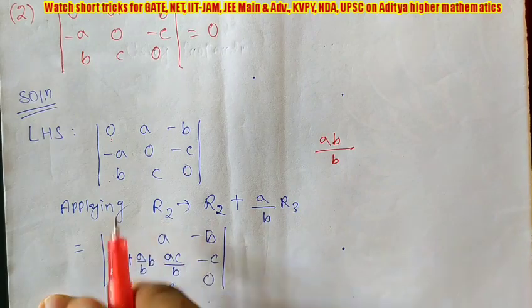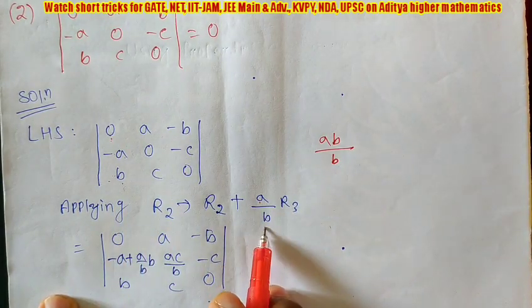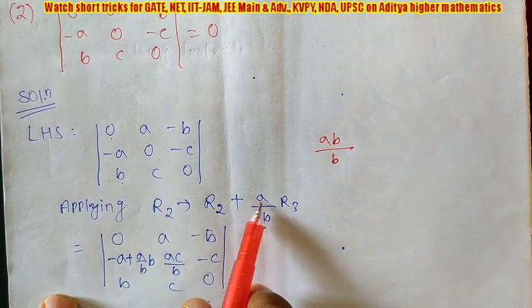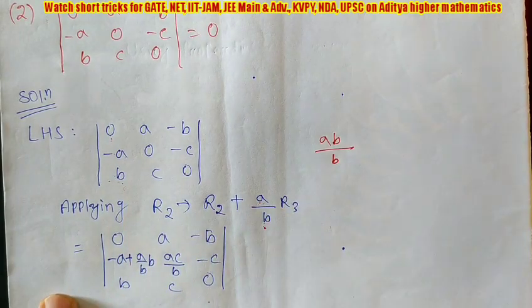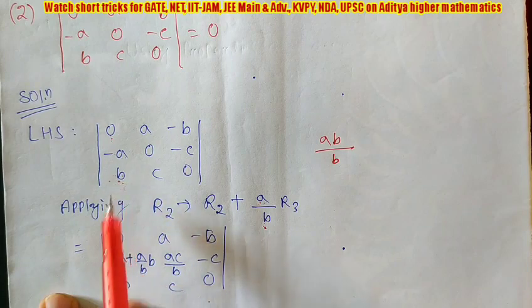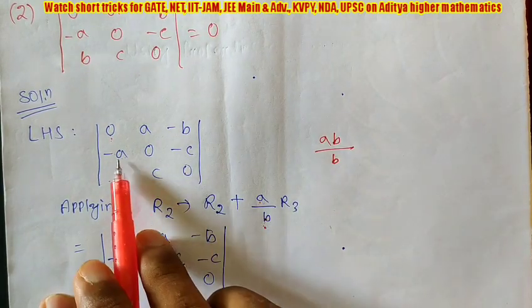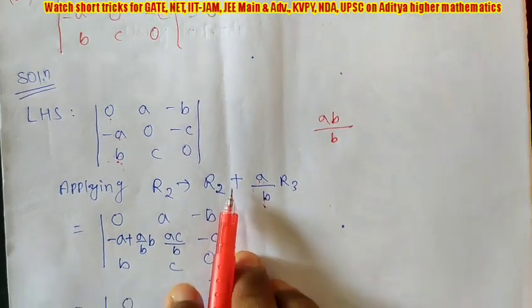If again I will divide by B, then you will get only A. So what I am doing, in that R3 I am multiplying A and we are dividing B. When I divide B, it is 1. When you multiply A, it is plus A. So before it is minus A, then plus A is 0. So you have to do like this. If different elements given, you have to divide element which you are using, and which you are changing, you have to multiply. We are changing R2 and we are using R3.